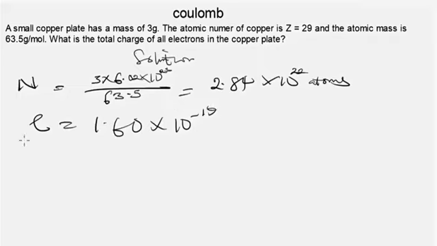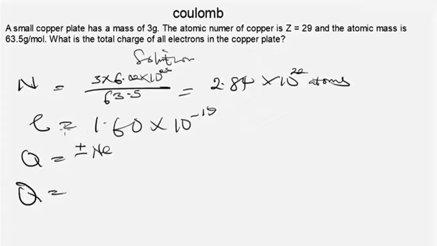So now, employing our equation, Q is plus or minus Ne, right? But since each atom contains 29 electrons from the question, the total charge of all the electrons will now be given by